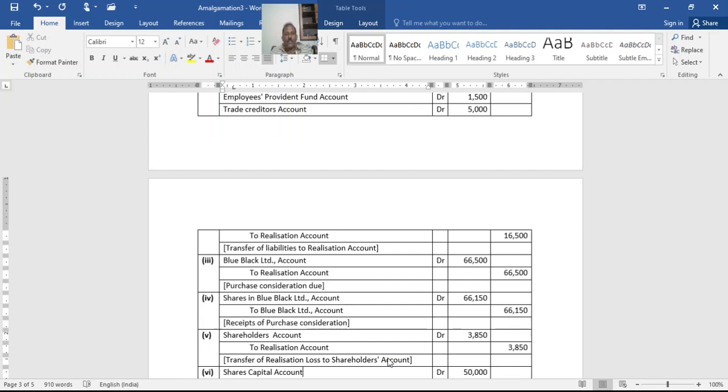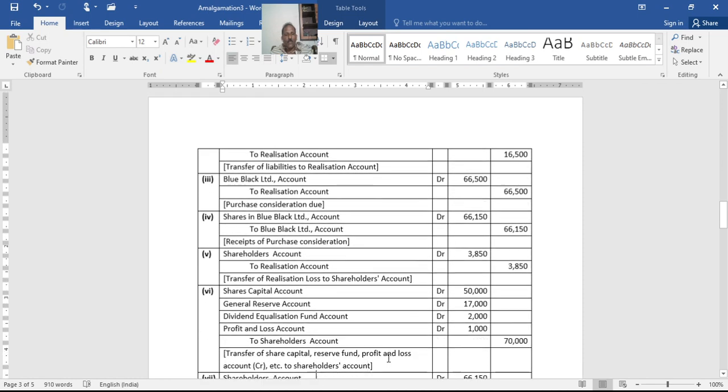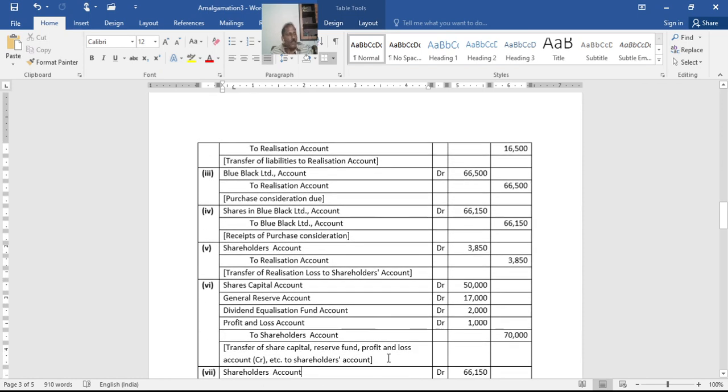When there is a loss, or when debit side of realization is more, in the sense shortage will be in the credit, so give credit to realization, debit to equity shareholders. You can specify it as equity shareholders, but here only one class of shares, then you need not specify. If there is both equity and preference, you have to specify the type of shares. So this entry to transfer, being the transfer of realization loss, or being realization loss transferred.